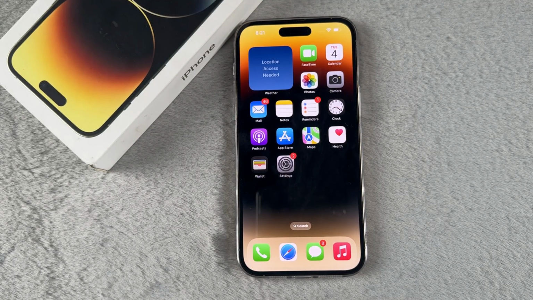Today I am here with a quick fix for the iOS 18 lock screen and control center bug. After updating to iOS 18, you might find that you can't edit the control center or lock screen when you try to press and hold to edit. It just crashes. Here's a simple trick to fix it.